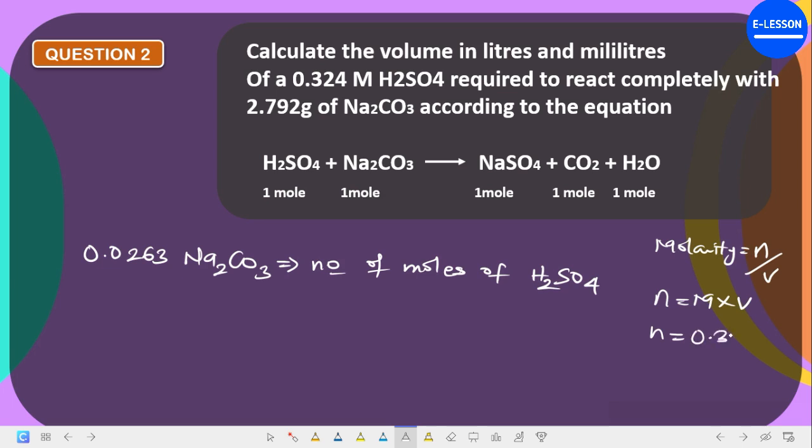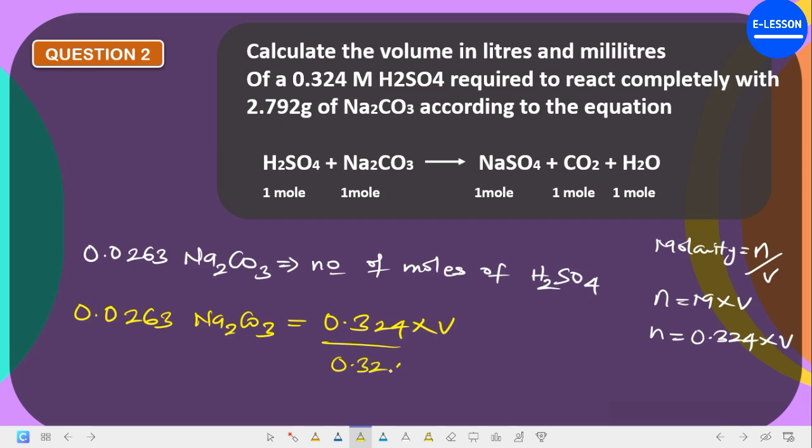So what will be our number of moles now? Molarity is 0.324 times volume. Volume is what you are looking for, so you don't need to substitute it in. So in place of number of moles of H2SO4, we can now put this entire expression here, and that will give us 0.0263 of sodium trioxocarbonate equal to 0.324 times the volume you are looking for of H2SO4. So to get the volume, divide both sides by this. When this cancels this, our volume will be equal to